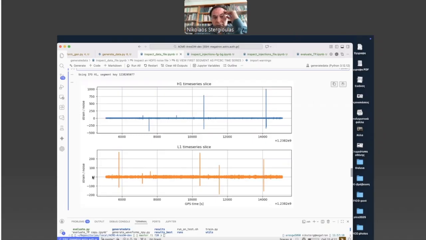But what about the vertical axis? Are these the units that you were expecting for gravitational wave data or noise data from gravitational wave detectors? Do you agree with this amplitude?